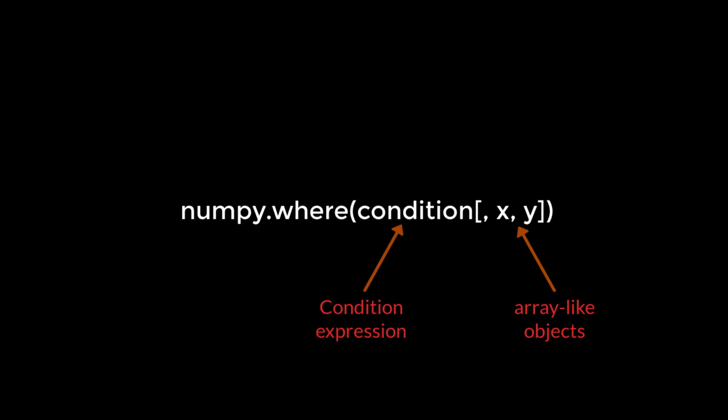If x and y both are passed in NumPy where, then it returns elements selected from x and y based on the condition on the original array. So if both x and y parameters are passed, it returns a new NumPy array by selecting items from x and y based on the result of applying the condition on the original NumPy array. If x and y arguments are not passed and only the condition argument is passed, then it returns the indexes of elements that are true in the Boolean NumPy array returned by the conditional expression. So that's all the theory. Now let's understand with some examples.